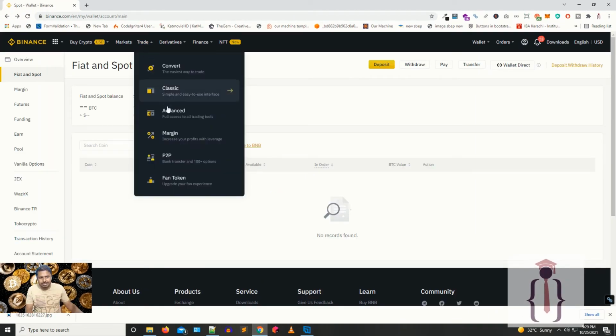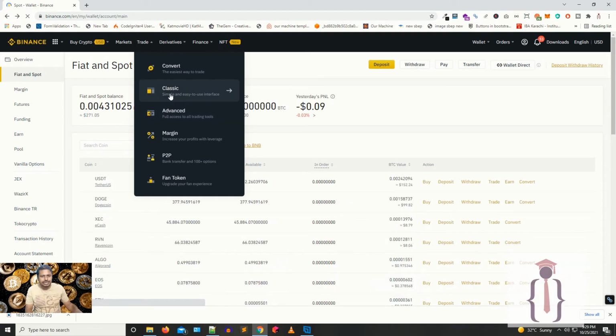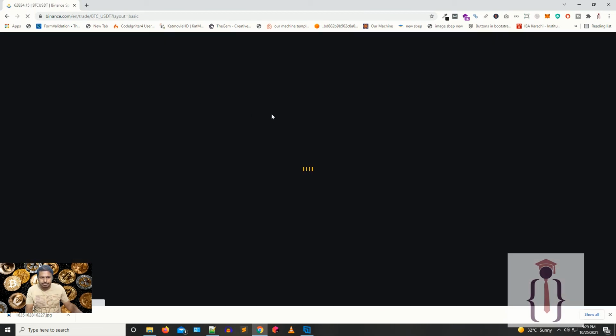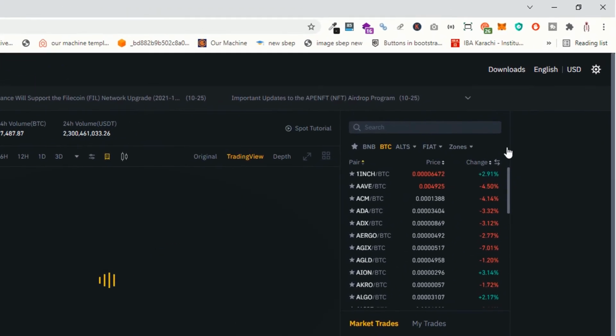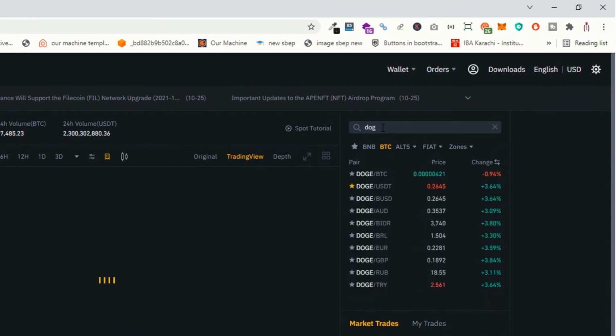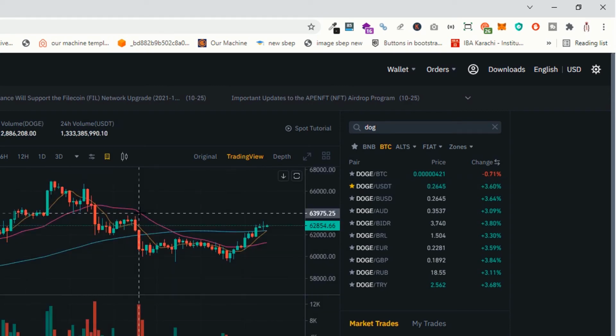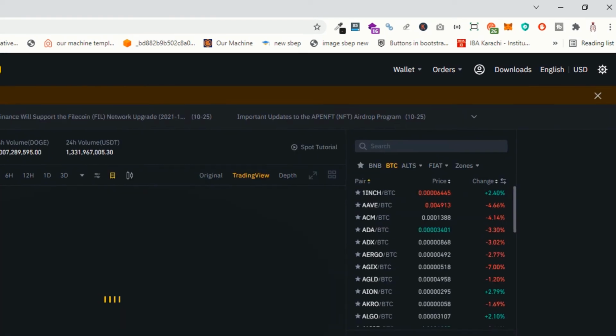Once again, go to Trade, click on Classic. This is the default option. Just search for Dogecoin. Here, as you can see, Dogecoin to USDT. You can also convert Dogecoin to USDT, it's up to you.